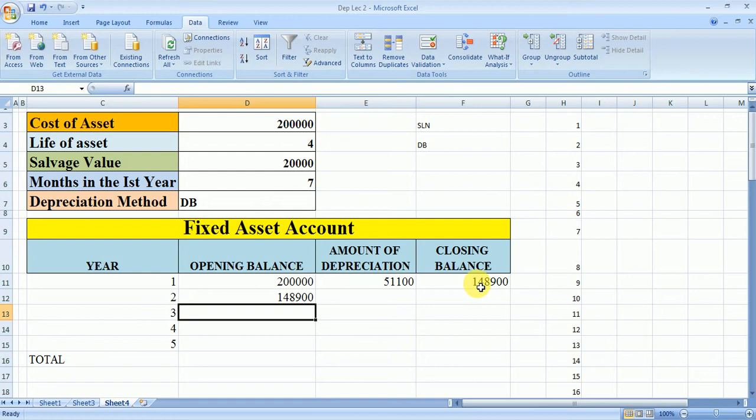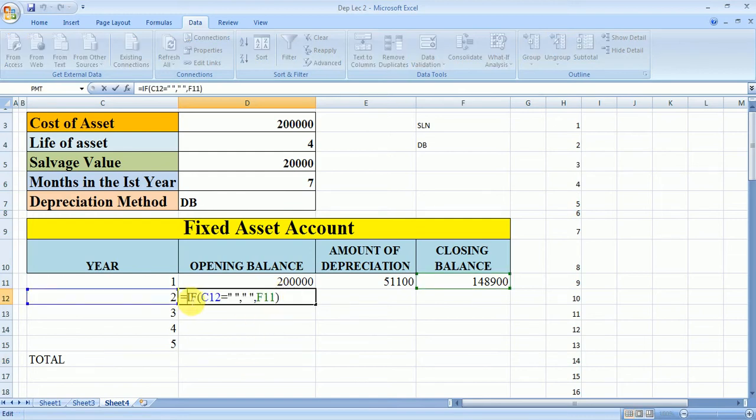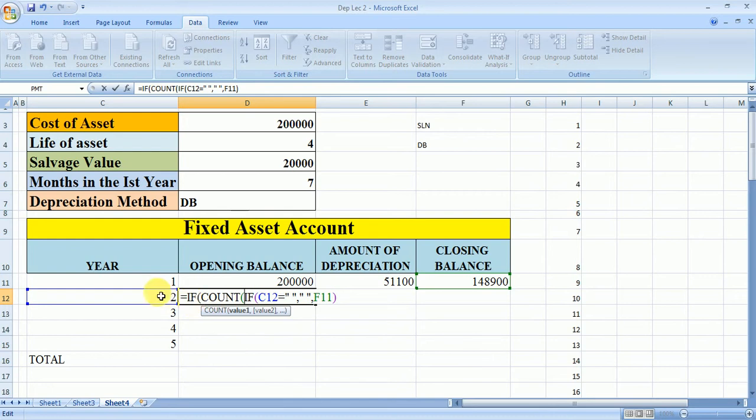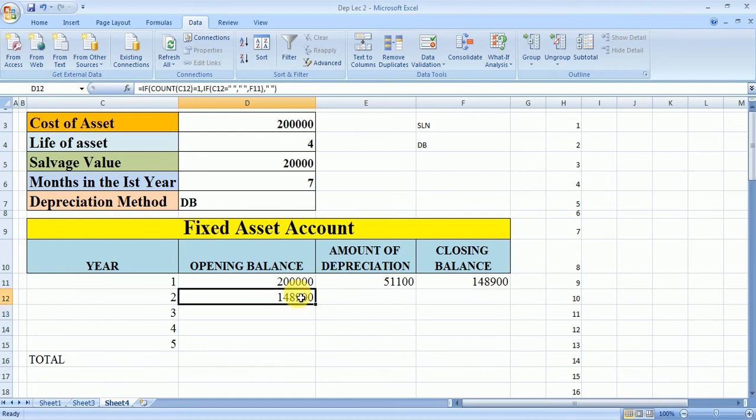Then enter. Now the one problem here is we don't want this value to appear here. So we can apply a new function here also, that is COUNT. So IF COUNT. Now in this opening balance we'll compare this cell. If this cell is equal to 1, it should do this, otherwise it should be blank, because we don't want any value to appear in front of the total. If I enter it, it will give me the values. I'll drag it to the end, because first I need to calculate the closing balance.